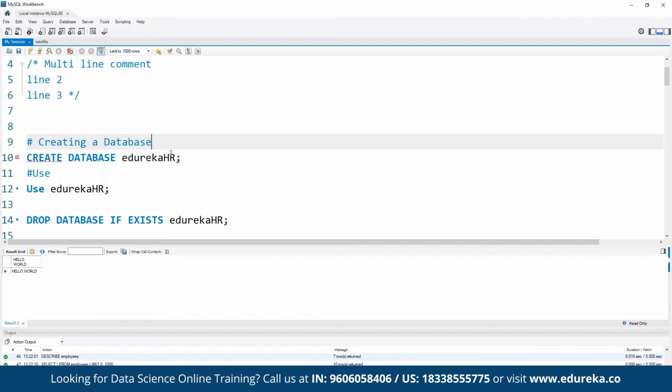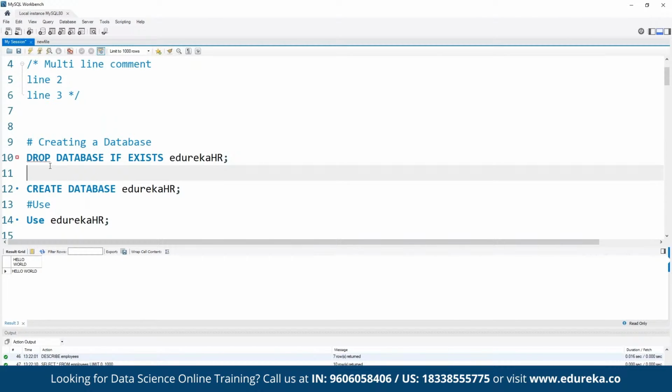So let's do one thing. Let's see how we can delete this table. Okay, yeah, to delete this table or to delete this database itself, as I mentioned already, we can make use of the command drop database. And here I have used the optional argument. So the optional argument or the optional command here says,